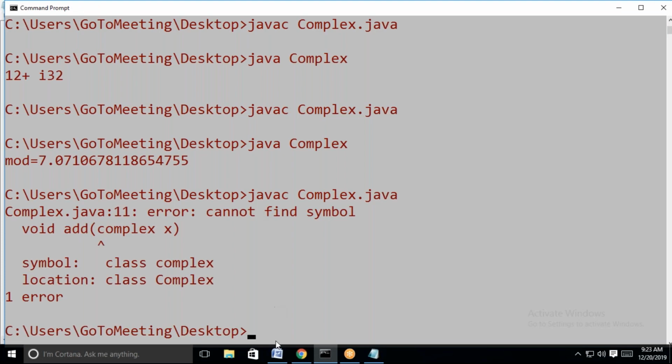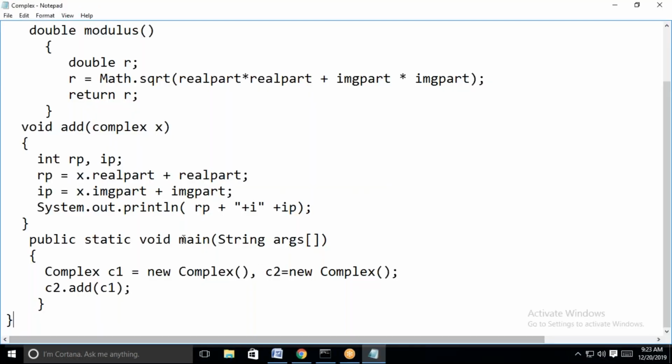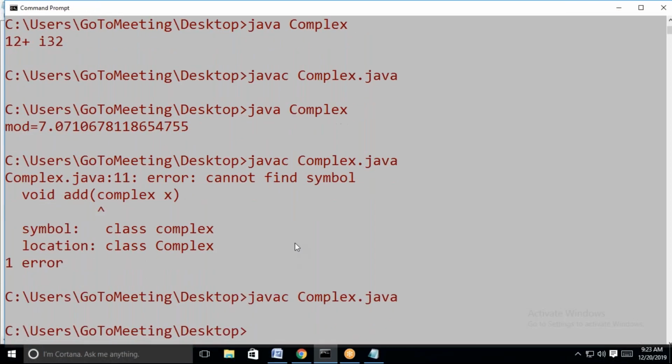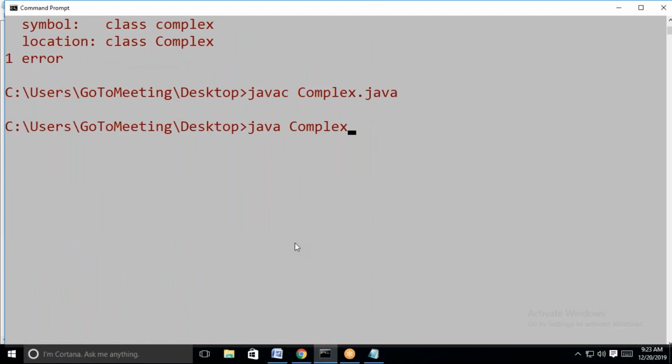Okay, again, complex C is capital. Now, C1 has 5 and 5. C2 also has 5 and 5. We have added both of them. So 10 plus